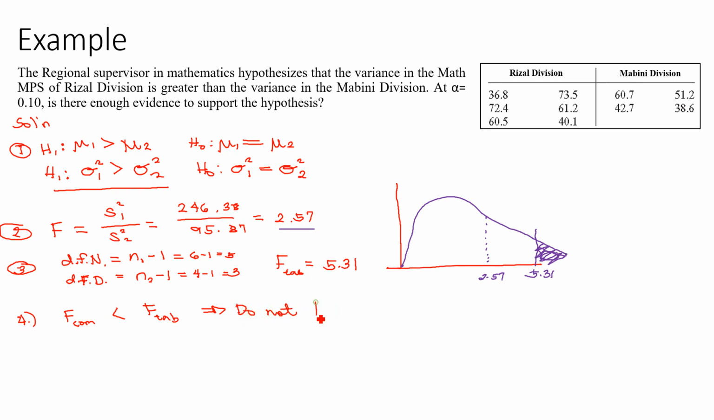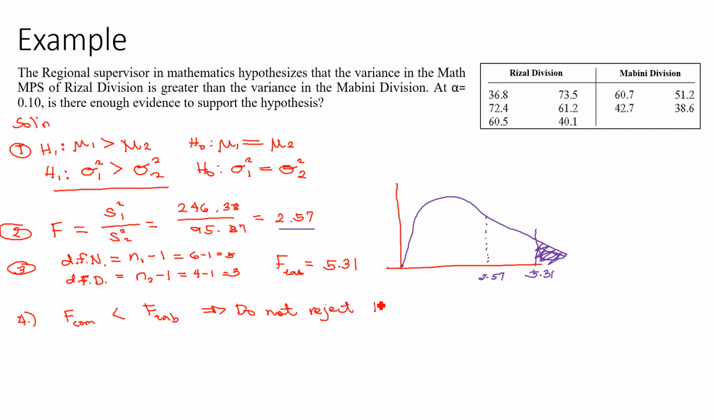Take note that our null hypothesis is that there is no significant difference in the variances of the two divisions, which are the Rizal division and the Mabini division. Since here we are not going to reject, it must be: do not reject